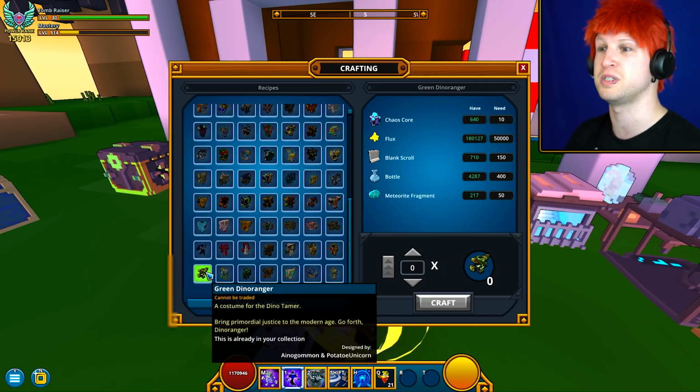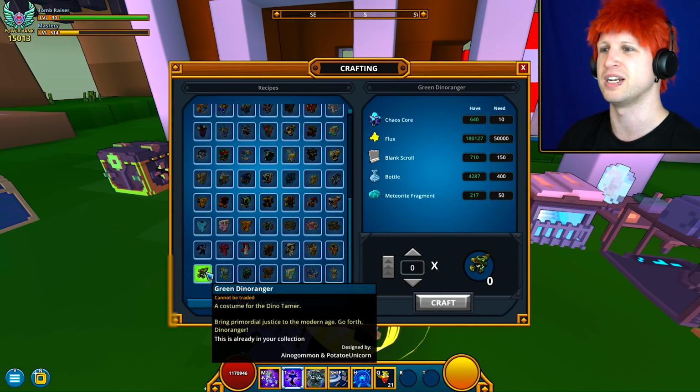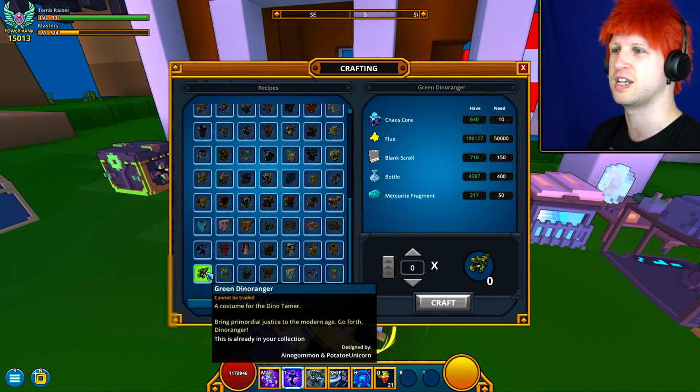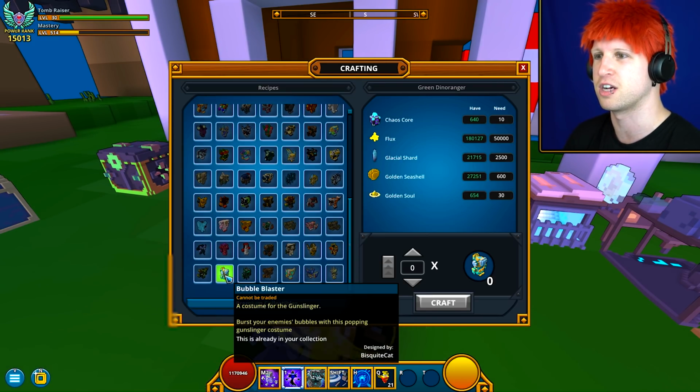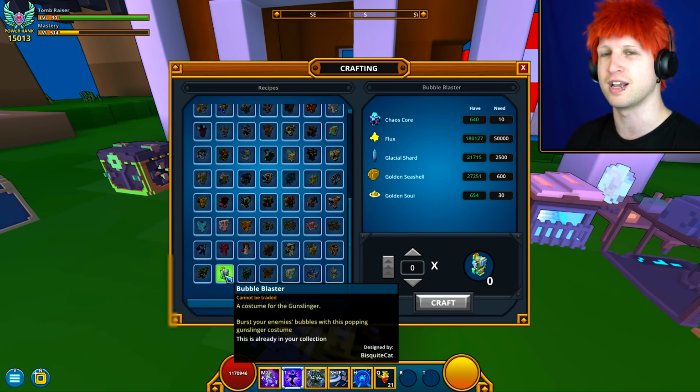Then the Power Ranger costume is going to be 50 more Meteorite Fragments, like seriously, that is a resource that is used all too often. 400 bottles, which is easy. 150 blank scrolls is going to be quite difficult for starting players, but again, these aren't supposed to be starting player costumes. The bubble costume is going to be 2,500 glacial shards, which again shouldn't be a problem